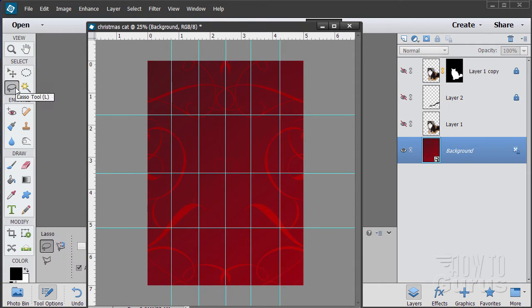So going over here to our lasso tool, let's change this to the polygonal lasso tool right there. That gets you straight lines. So click in here at the top, pull that down to this guy. It's just going to snap to that point. Click there, go about halfway in,